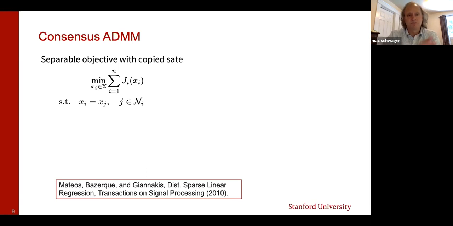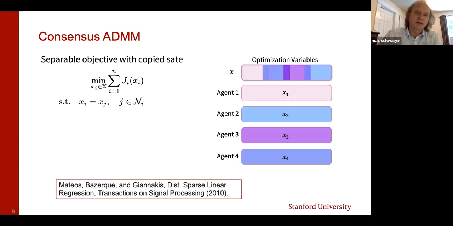And it massages the basic distributed optimization problem in the following way. So you have your separable objective. It's a sum over component objective functions, J_i. And the way that consensus ADMM works is it makes a local copy of all the optimization variables, but local to every agent. So now you've just multiplied the dimensionality of your decision variable space by the number of agents. So you've actually made it a lot larger space of decision variables.